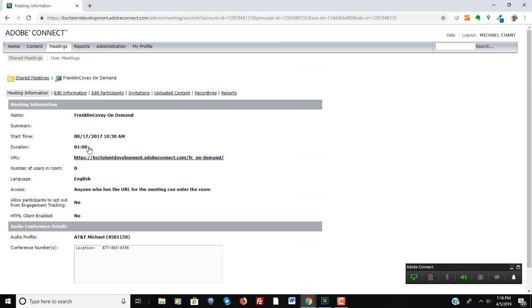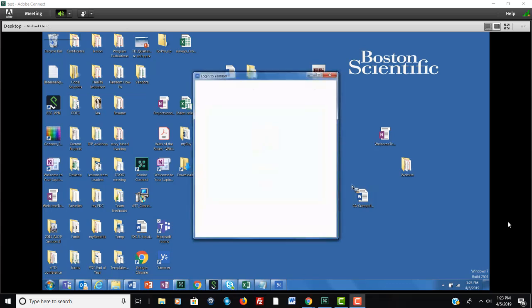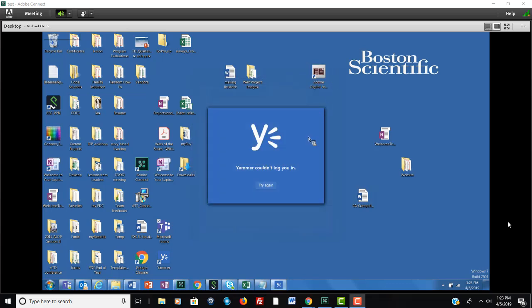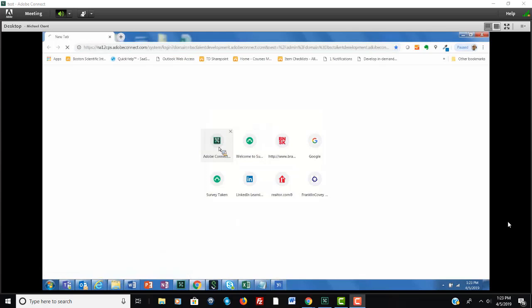And I'll cut to a clip of the learner's view so they'll see what it looks like while you're sharing your desktop. Okay. And just to give you a quick idea, this is what the view looks like from that of the learner. They'll see your entire desktop, right? Everything that you see on your screen while you're sharing your desktop, the learner will see. Okay, whether you're in a software application or you're just in your desktop moving around some icons, or maybe you're opening up your internet browser. Let's say you're going to your Connect Pro meeting room,